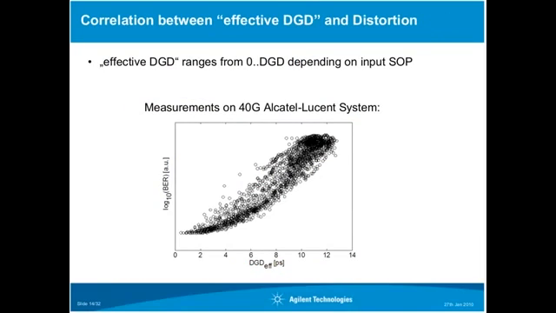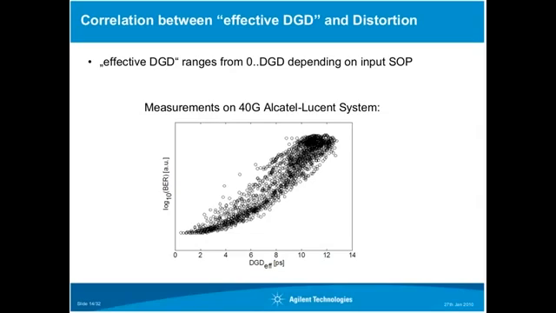So how does the effective differential group delay correlate with the signal quality? Therefore, we did experiments together with Alcatel-Lucent in Germany, and just for demonstration, we put some differential group delay on a link, and we changed the input polarization state. Changing the input polarization state will change your signal distortion. Sometimes you will hit the principal states, then your signal is nice, and sometimes you're far away, then your signal gets bad. And we used our In-Situ PMD analyzer to measure the effective DGD and recorded the bit error rate